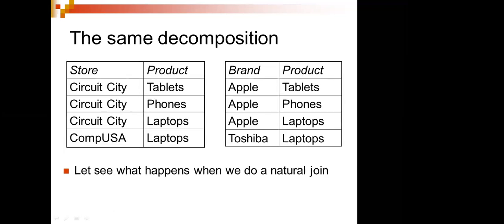See, same thing I have done. So the same problem with the natural join. If I do it like this, that was a problem. So now how I'll be doing it over here, I'll take the same thing: stores, product, brand, products. Now if I join this, again we have some problem.